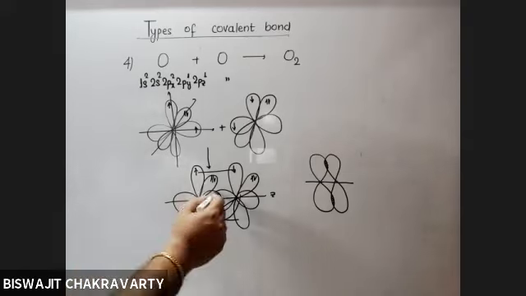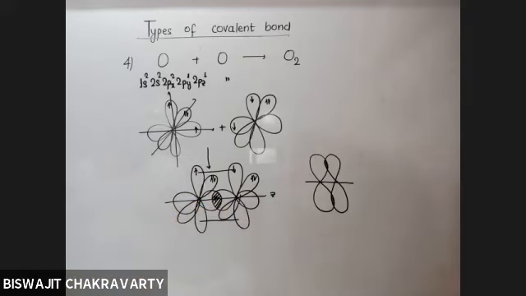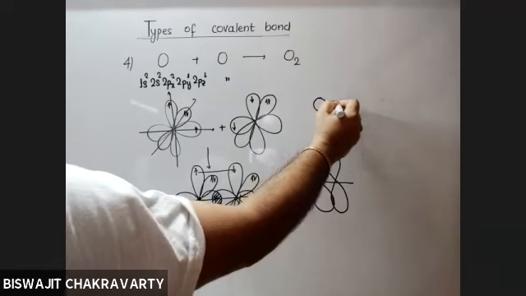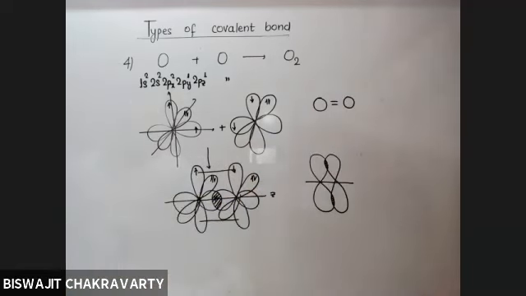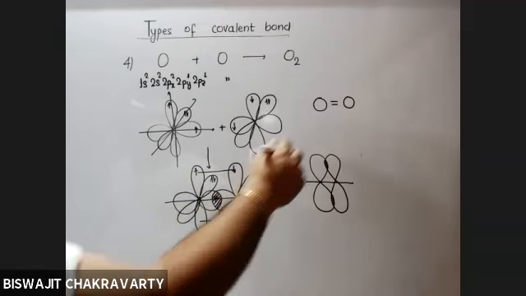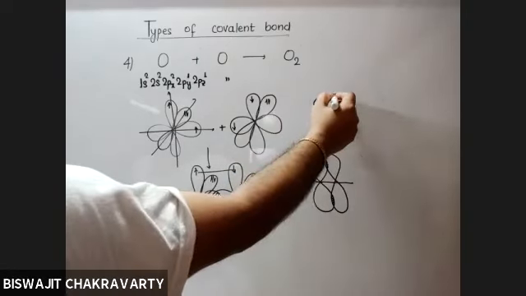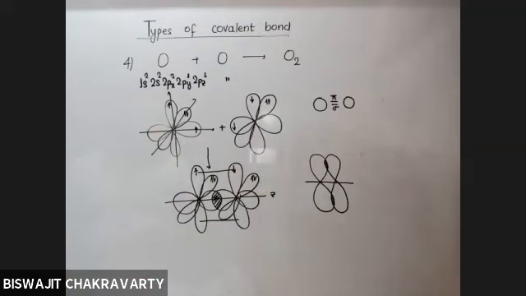So it means that in the oxygen molecule, the two oxygen atoms are combining with each other through a double bond. We write oxygen double bond oxygen. Out of the two bonds, one of them is a sigma bond and the other is called a pi bond. So one single pi bond will comprise two electron clouds. Don't think that because I am drawing two lines, that means two pi bonds are there. The pi bond is one only, one above and one below.